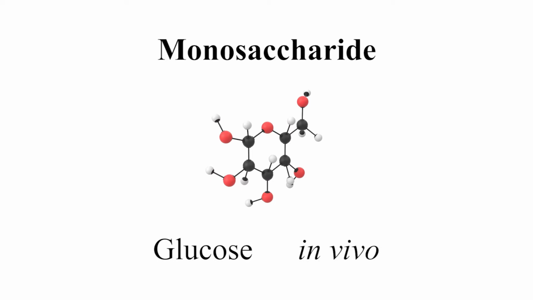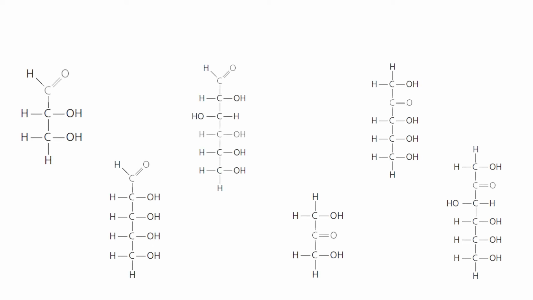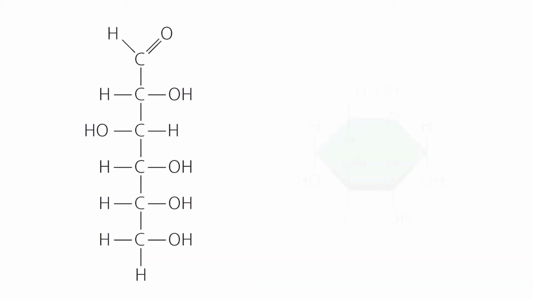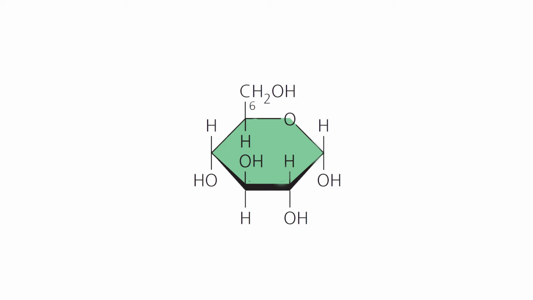Now, let's look at the molecular structures of these monosaccharides. You can see here that all of these are based off of carbon chains, with some hydroxyl and carbonyl groups attached. We can break monosaccharides down into two groups, aldoses and ketoses. These groups are differentiated by the positioning of the carbonyl group in the monosaccharide. In aldoses, the carbonyl is at the end of the monosaccharide, while in ketoses, it's in the middle of the chain. Although it's definitely convenient to draw them linearly, monosaccharides generally form rings, and this is what alpha glucose looks